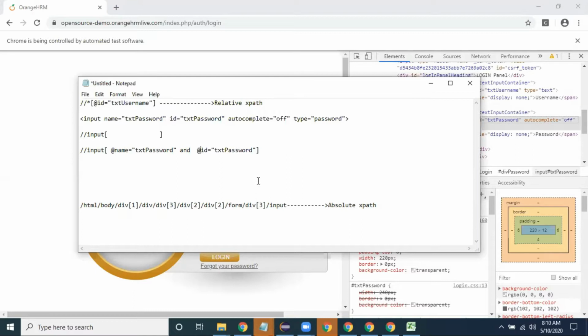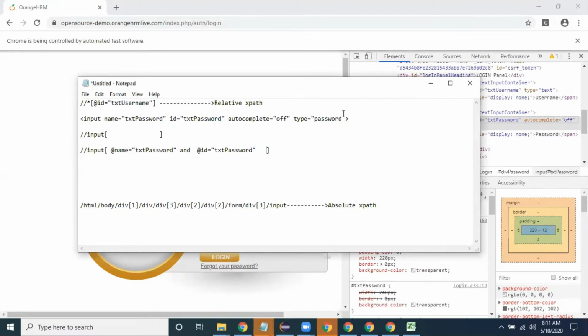That's it. Okay. Still the web element is showing two of three. Whenever you are doing Control F, it shows two of three, three of four, like that. But if it is showing one of one,